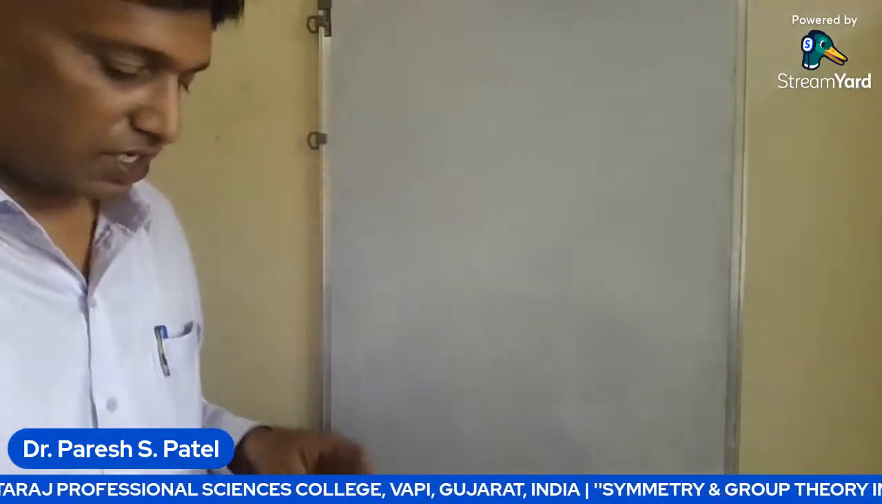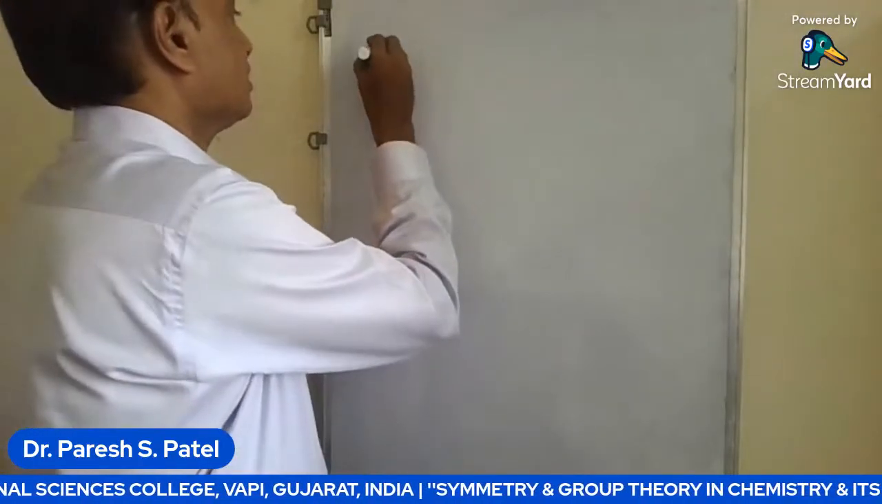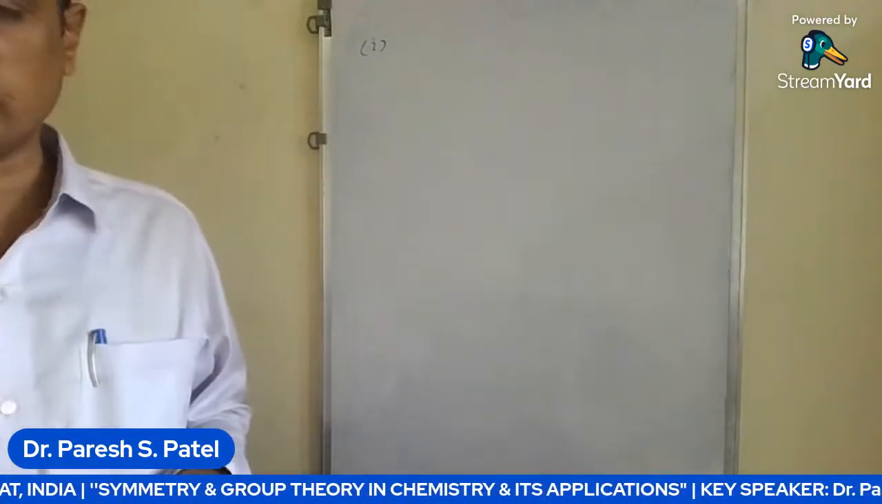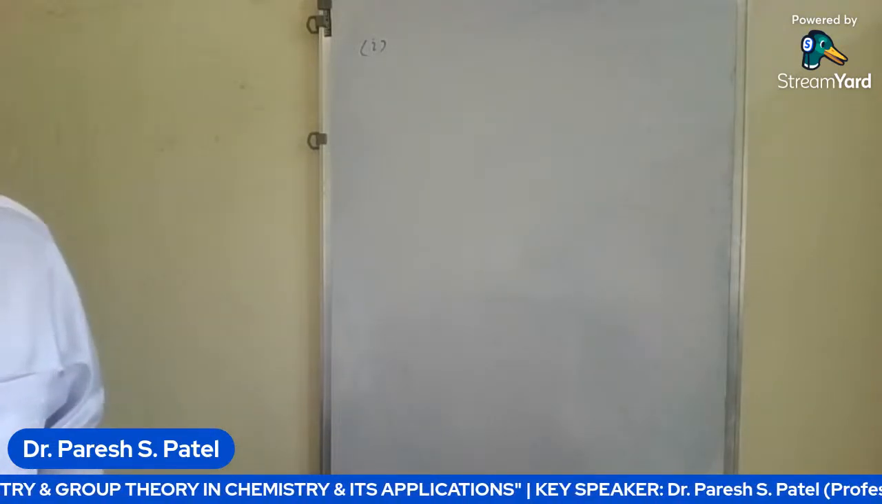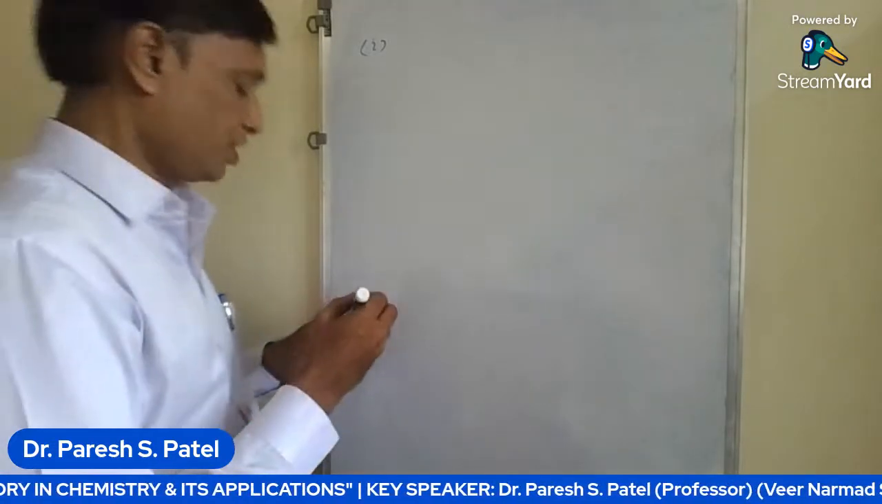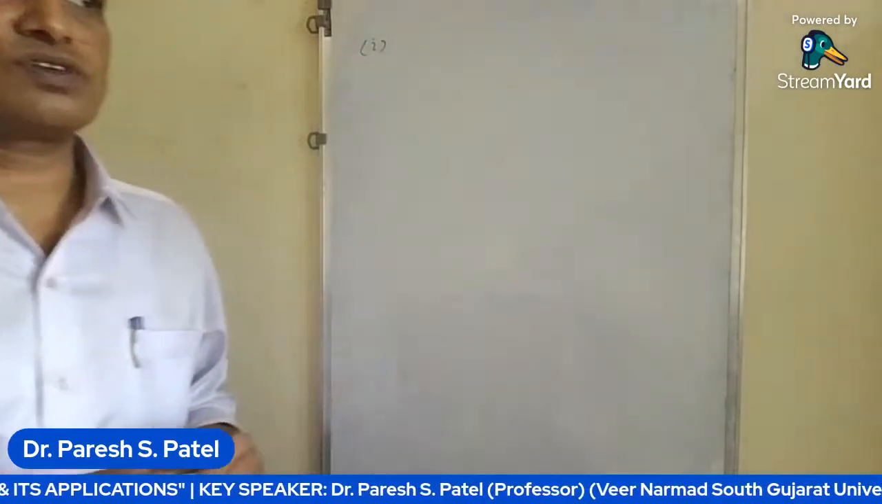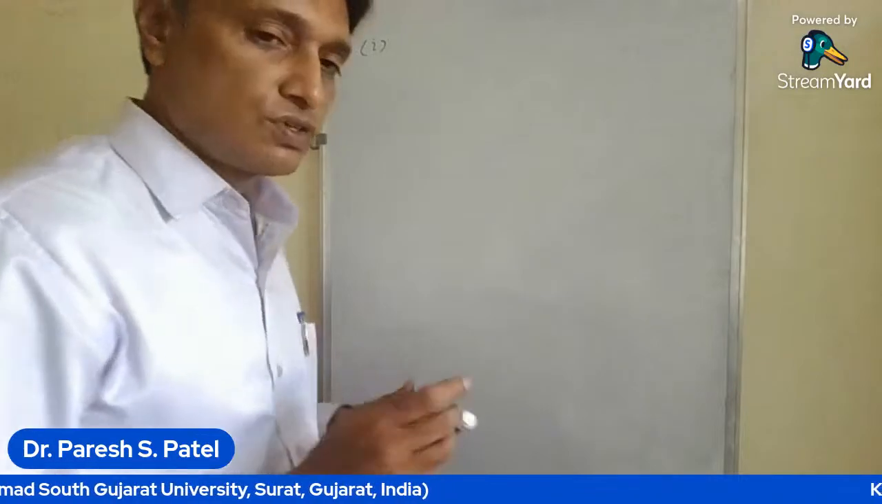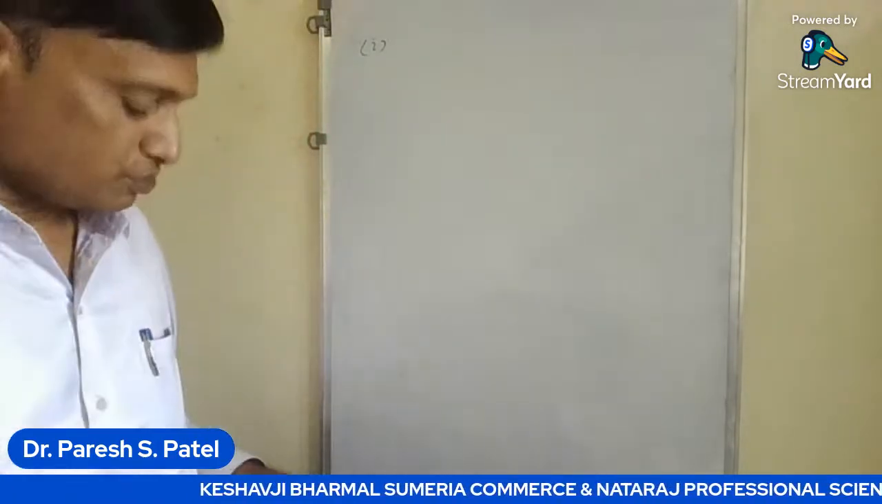So first, the consequences of the great orthogonality theorem, or we can say characteristics of the irreducible representations. The number of irreducible representations is equal to the number of classes of operations of a group. As for example,